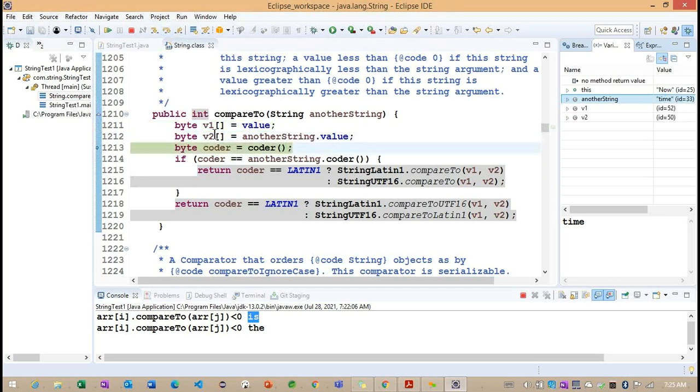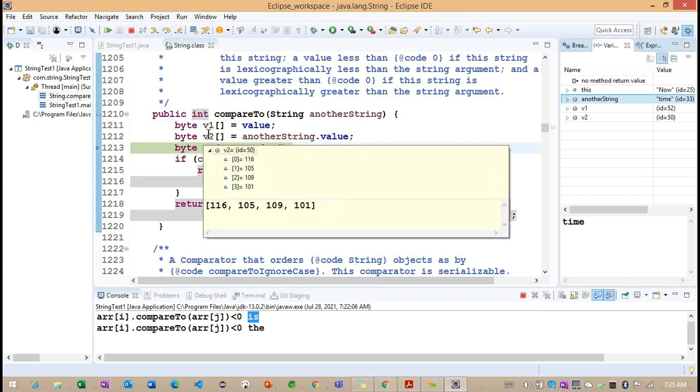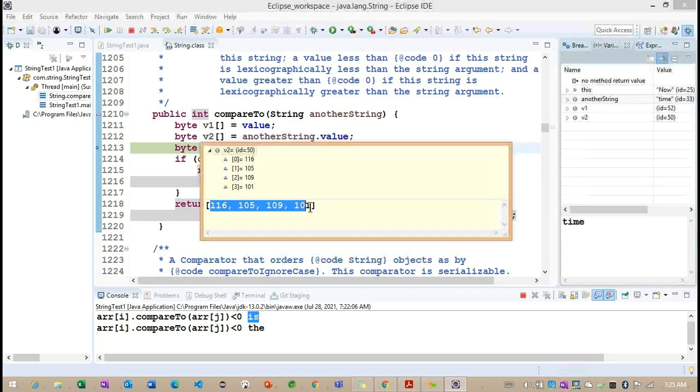We are trying to load the other string value. What values are we getting? These are the Unicode values we are getting for this particular given string.